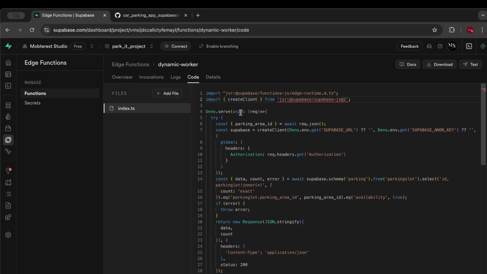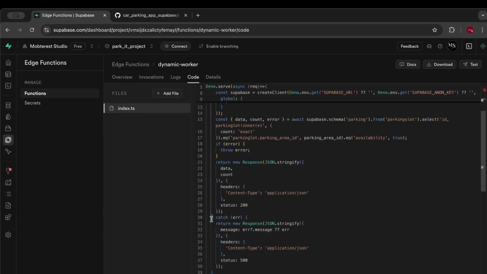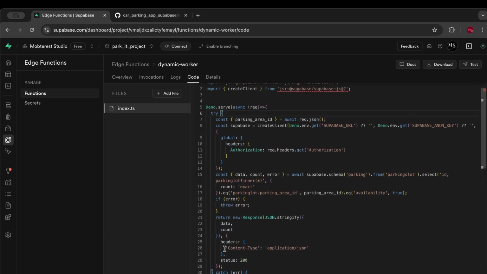So we add that. And then the next thing, this is the entry point for the edge function, or where the request will be made. So this is the request that will pass from the Flutter application and we're using Deno. So we'll proceed to create a try and catch. This is basic syntax code. So inside the try,